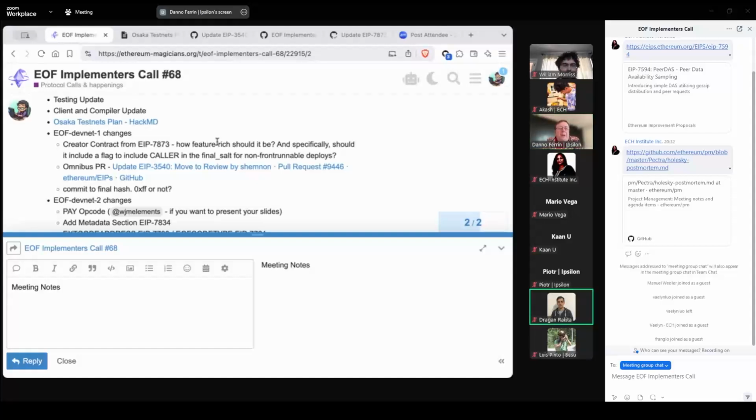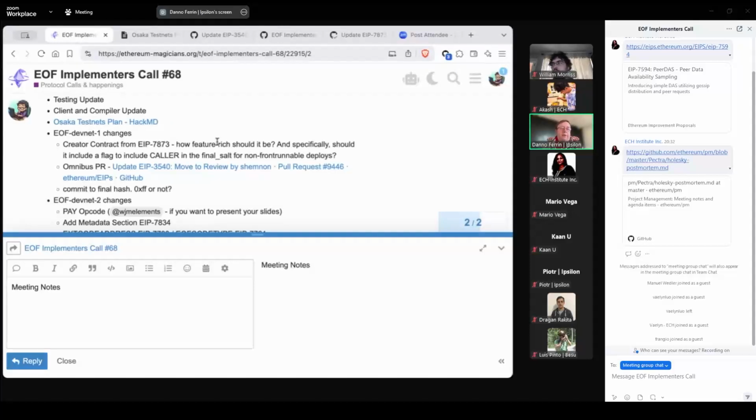Yep. So as far as timing for EOF goes, I've prioritized our DevNet plan in such a way that we can have DevNet 1 done, and after that we can take whatever the most current DevNet is when PeerDAS ships. PeerDAS is important enough that they've made it clear that anything that's not ready when PeerDAS is ready will be left behind. It is not just a headliner, it is the sole and singular driver of this next release. So if we're not ready to ship EOF when PeerDAS is ready, we will go to Glamsterdam, which has an indeterminate ship date, which is not a good place to be.